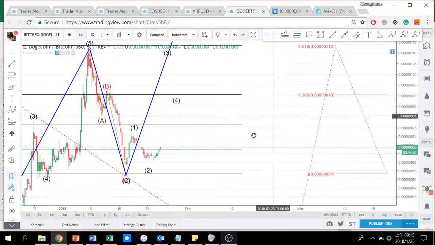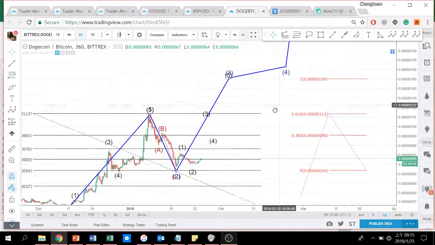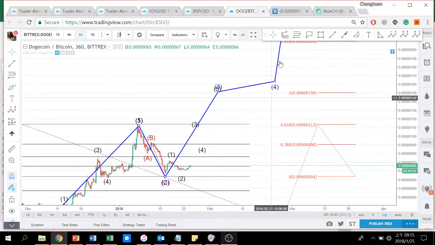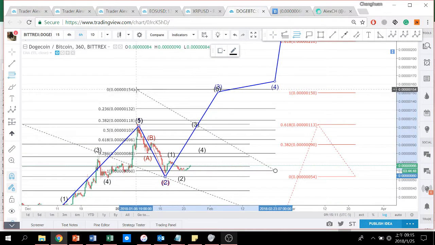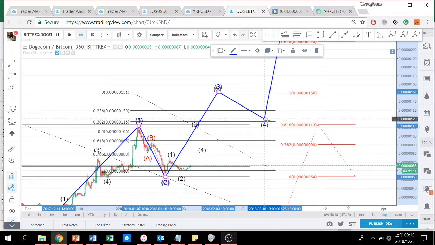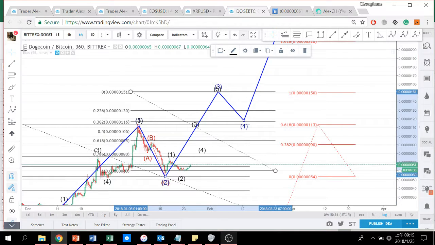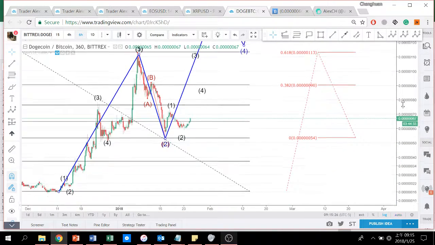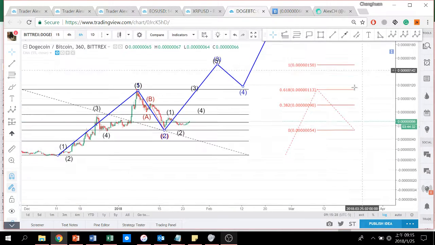We could probably expect a smaller retracement of wave 3-4. So if we take a retracement, let's just expect 0.382, right? If we take a retracement to 0.382, this will probably be where wave 4 ends, at 116. It's certainly a possibility. I don't know which corrective pattern will form, but that would be the general location